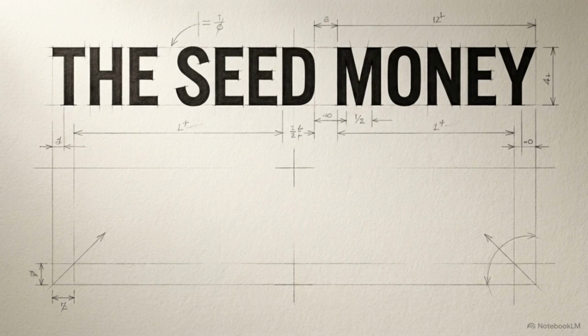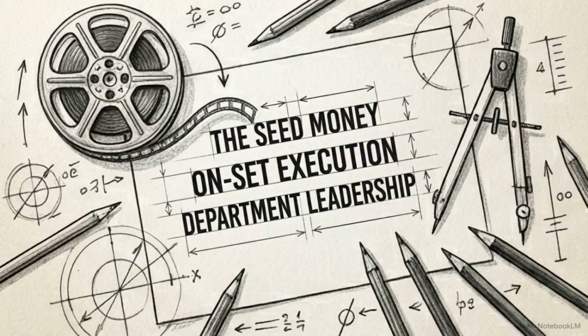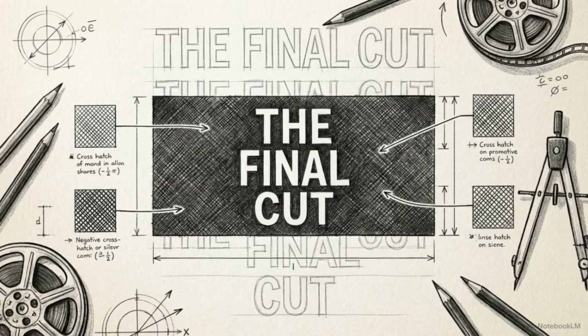You might see different titles on a call sheet. Executive producers typically secure the funding and investors. Line producers manage the daily physical operations and the budget. Co-producers handle specific logistical or creative tasks. But regardless of the specific title, every producer shares one goal: bringing the film to fruition.